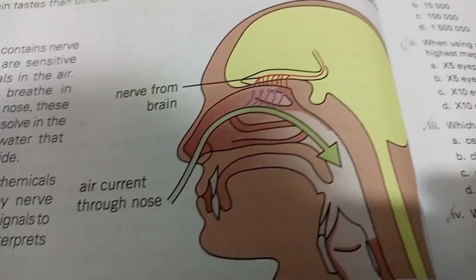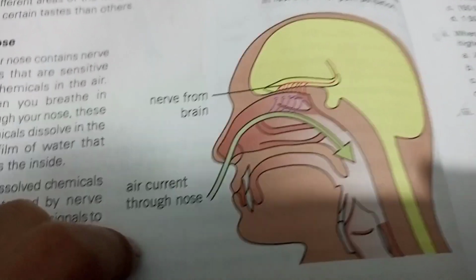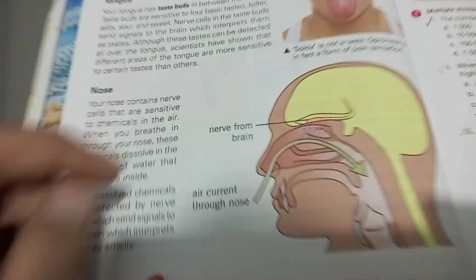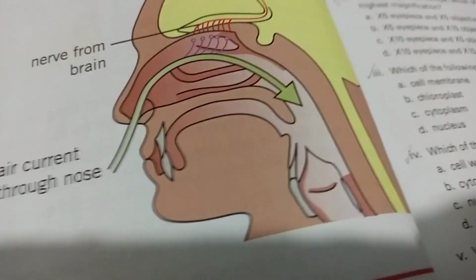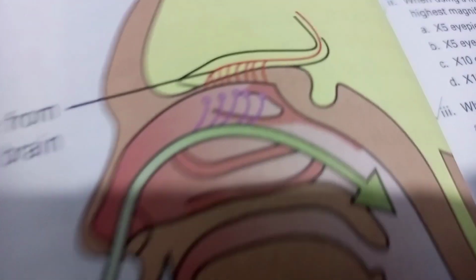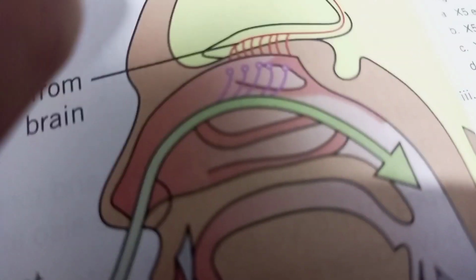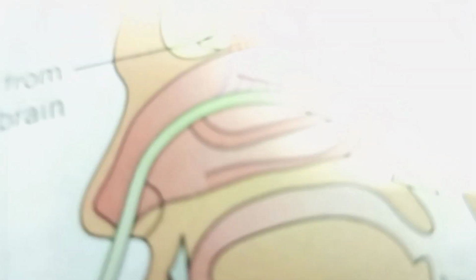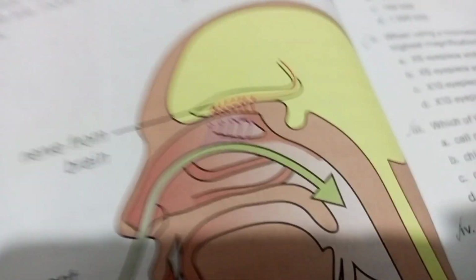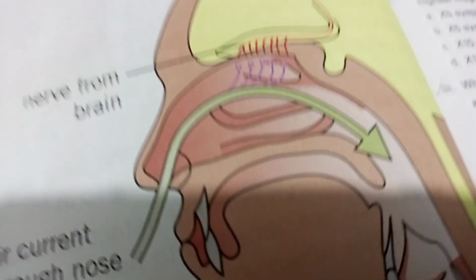Our next topic is the nose. This shows a nerve from the brain and the air current flowing through the nose. Your nose contains nerve cells that are sensitive to chemicals in the air. So when we breathe in through our nose,